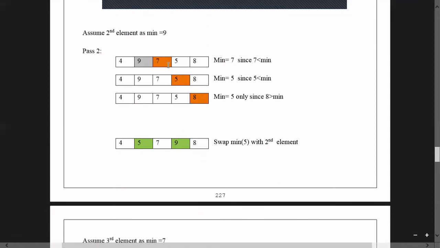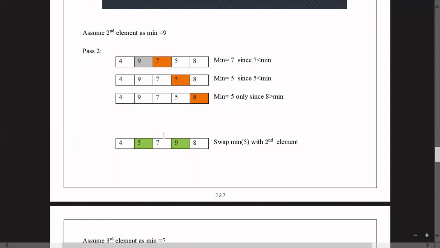Earlier we considered 7 the minimum, now when you compare that 7 with 5, 5 will be the minimum element. So make the minimum element 5. Then again you compare that 5 with the last remaining element. When you compare here, 5 is the minimum, so don't change the minimum element.